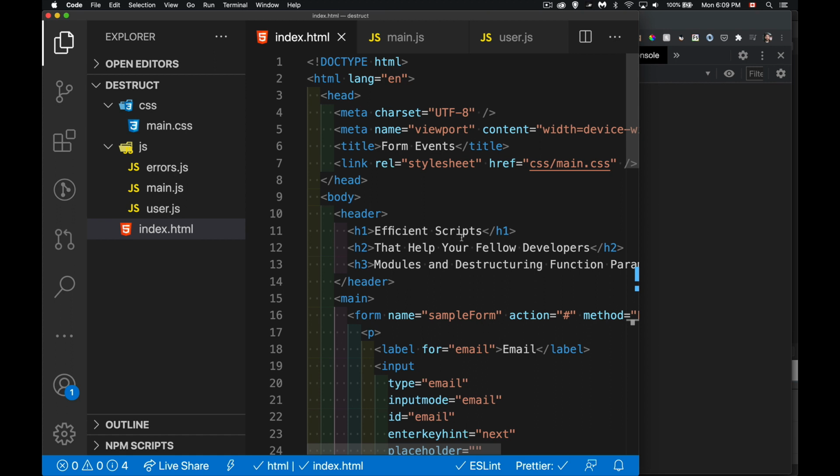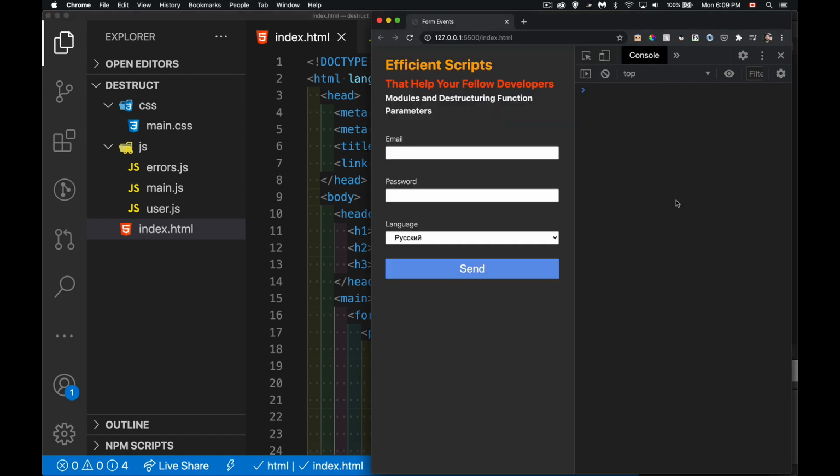Okay, today I want to talk about a couple of things that are going to help you in your own code and help other developers work with your code. Specifically, I'm going to be talking about ES6 modules and how to use destructuring as part of your calls to your functions. So the starter code, everything that I've got on the screen right now,